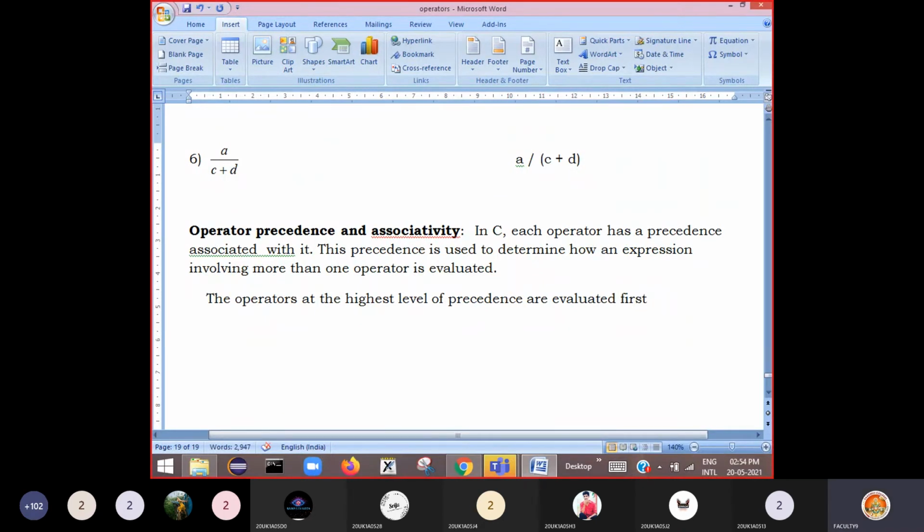Highest level precedence operators are evaluated first.